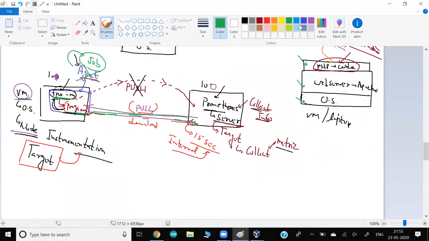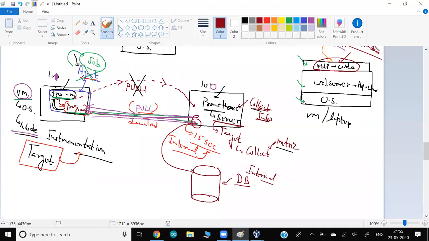So after Prometheus goes to this system, it downloads the data. And if you have the data, you have to store this data somewhere. So Prometheus stores this data in one storage, and wherever Prometheus stores this data is known as a database. Prometheus stores everything in its own internal database.